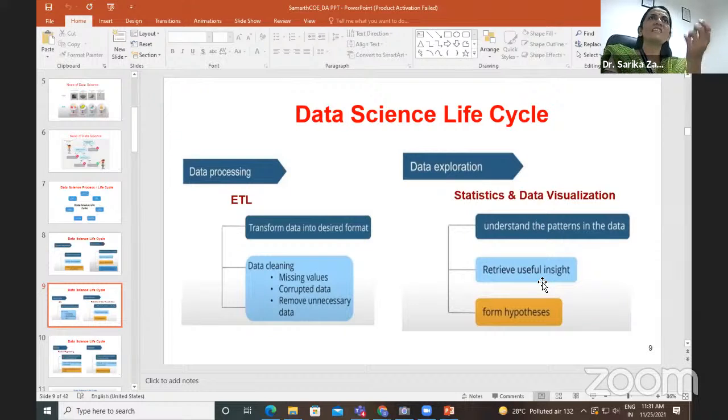If somewhere you find the age parameter is given as 30, but in the date of birth somebody has missed to write it or written it wrong, and some garbage value has come. So what you will do in that case is, based on the other parameters, excuse me. Sorry, so here actually the data analyst works.